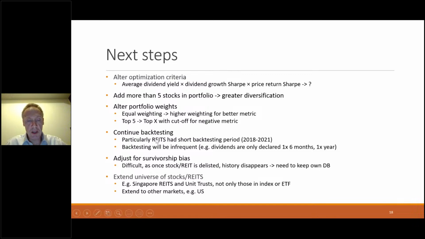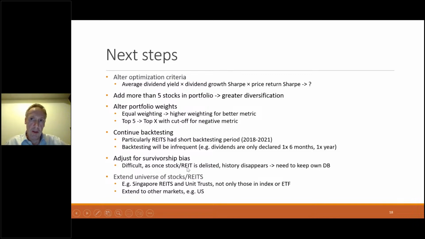Definitely continue backtesting, especially for REITs, because they had a short backtesting period. Again, the first REIT was only listed in 2002, and if you need to look at a portfolio of more than 10 REITs, then your history is actually quite limited. I'm sure there's some survivorship bias in the portfolio, but that's difficult, I guess, to circumvent or overcome, because once